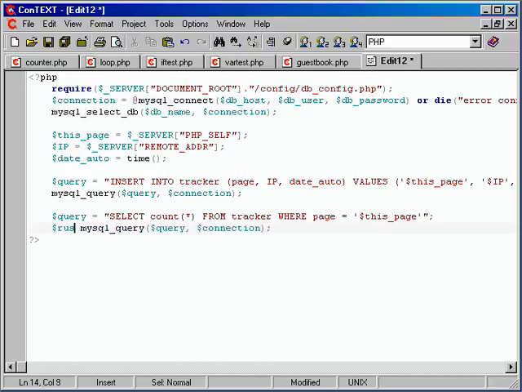I'll put them in $result equals MySQL query. And then, let's see, we need to actually store, so now we've got all the results of that. But we still need to run a MySQL result in order to grab the exact result we're looking for. So I'll go ahead and do $views equals MySQL result, $result, and in this case it's only going to return one